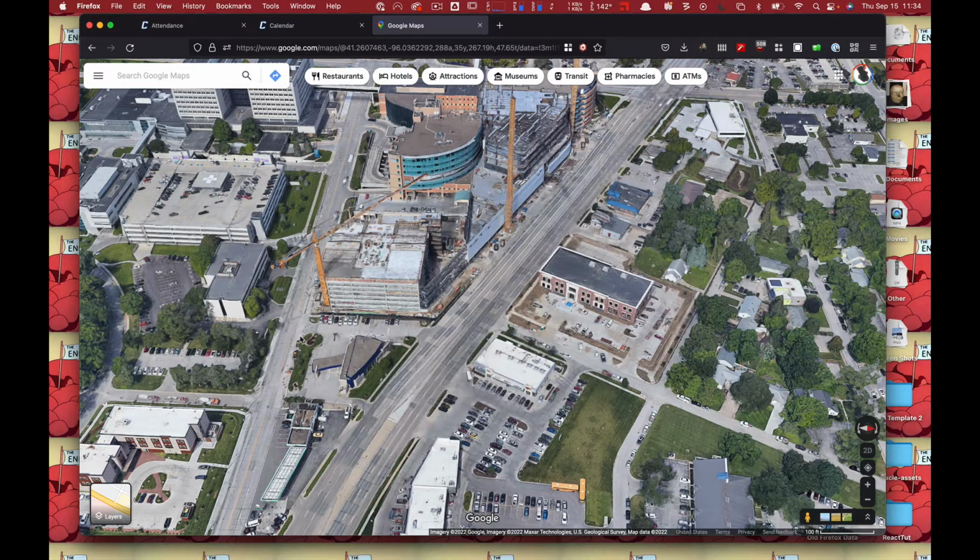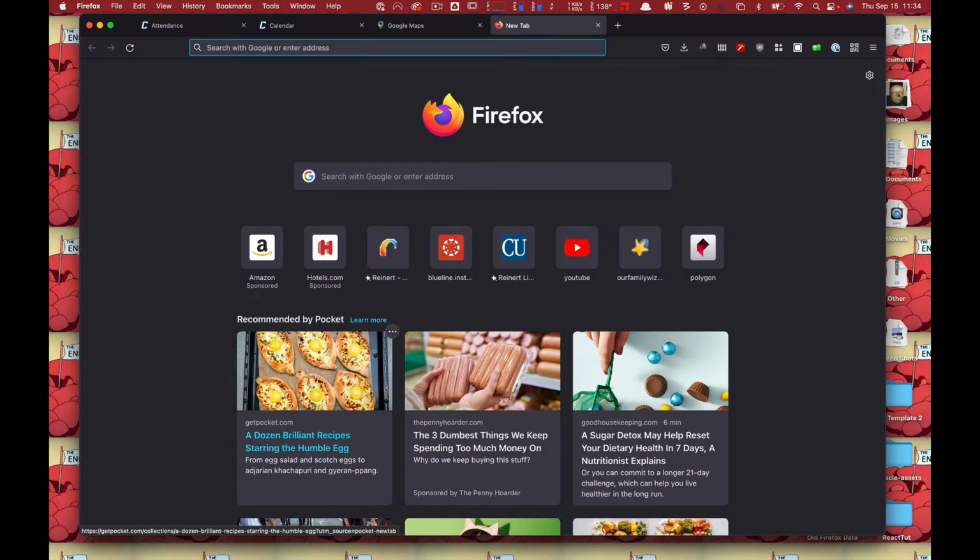I don't think they're going to care. That's the problem, right? And then you need to also remember that people are going to see it from ground level, right?